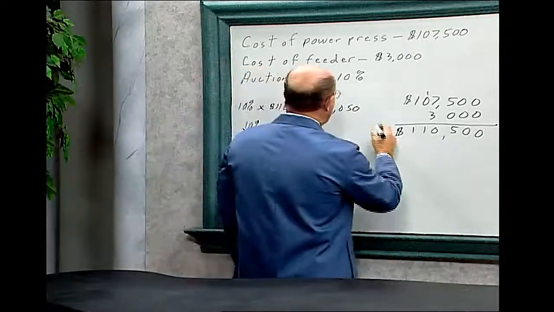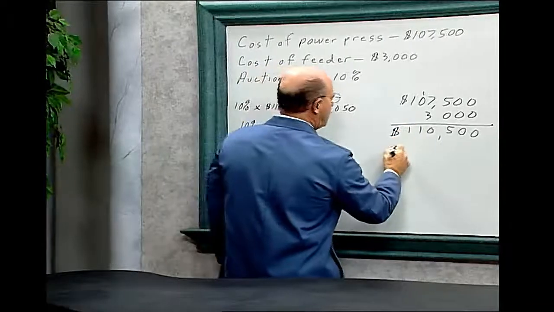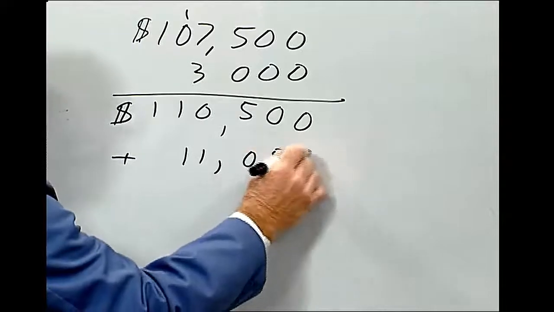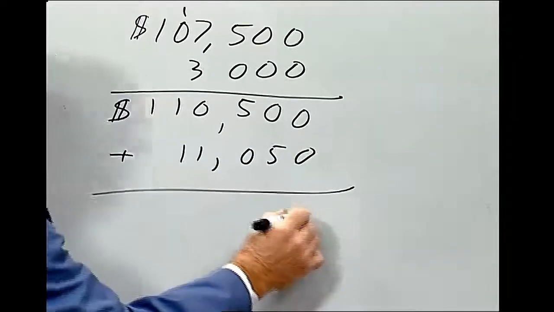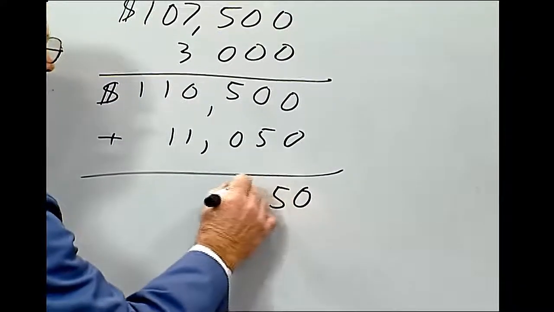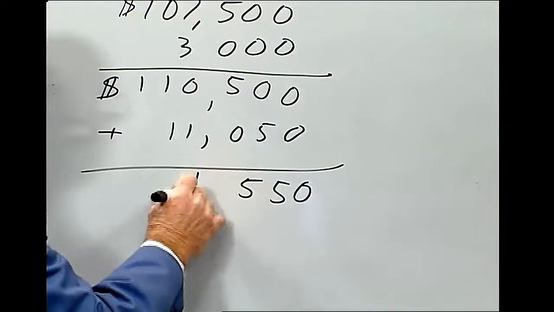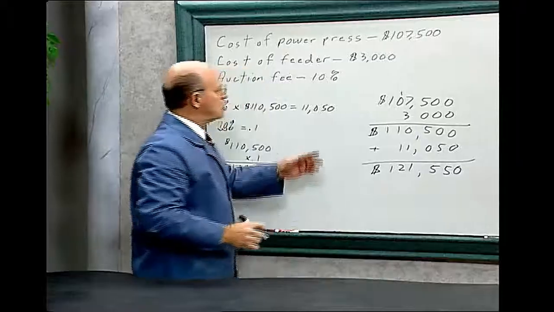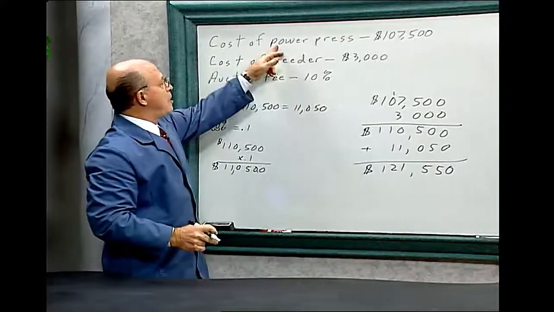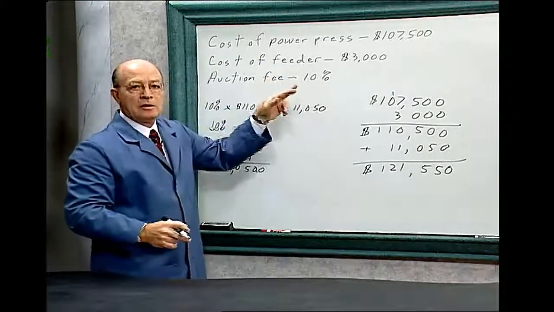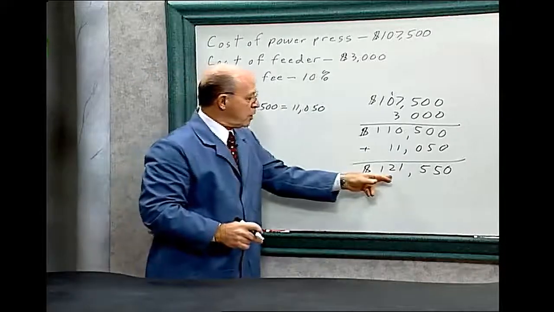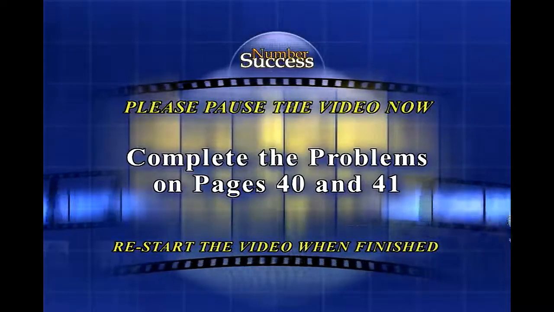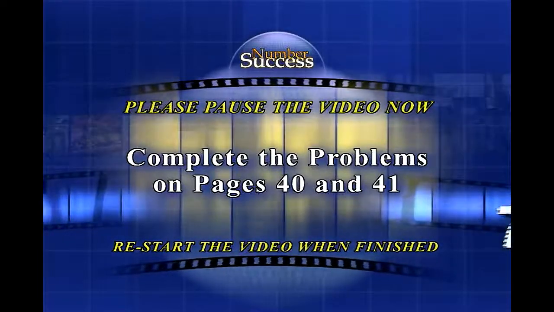So the total cost of that power press and feeder, we have to add $11,050. Now add these two numbers together. So the person buying the power press and the feeder, the total cost is $121,550. Please pause the video now and complete the problems in your